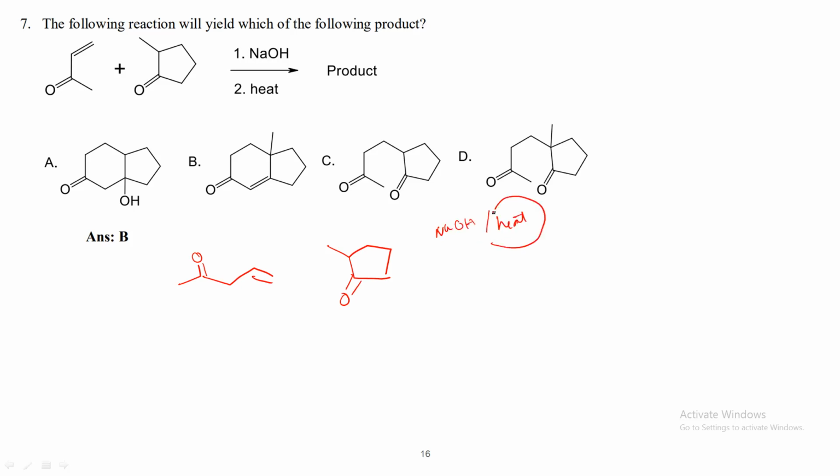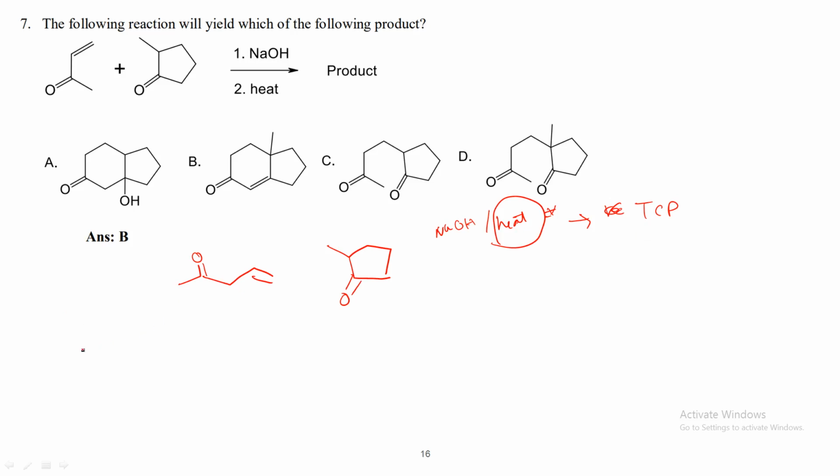With heat it is very important for the sake of solving the reaction. With heat we always generate the thermodynamically stable enolate, rather than the kinetic one. So the thermodynamic enolate will dominate in this particular reaction condition. Let's see how many